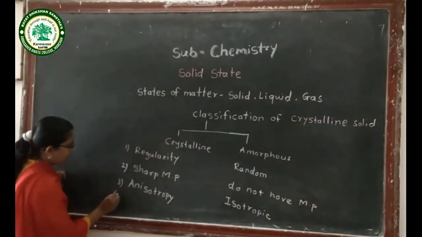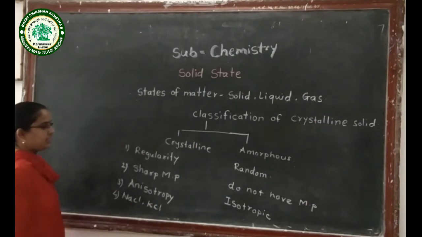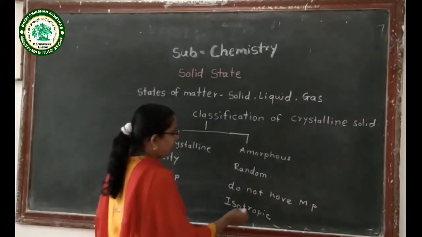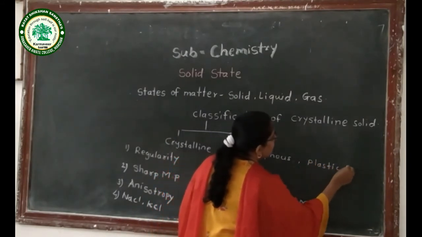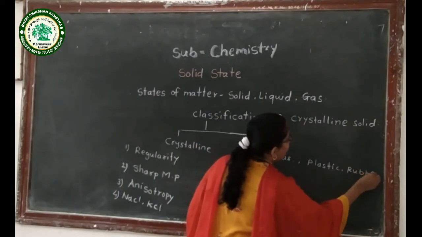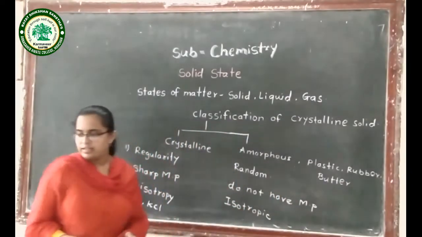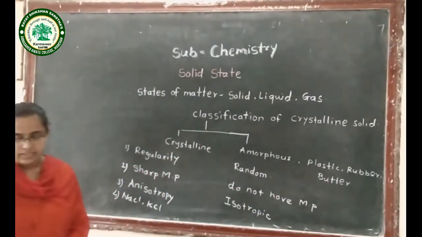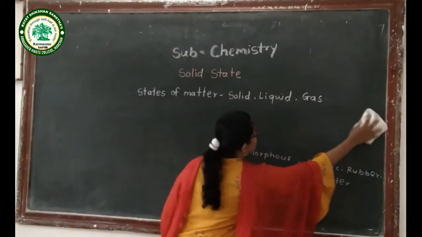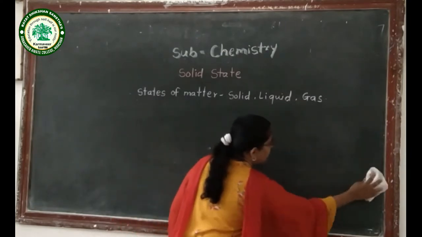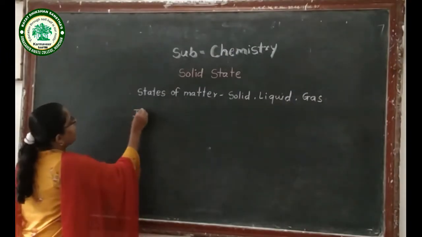Now, which are the examples of crystalline solid? Examples are sodium chloride crystal and potassium chloride crystal. And what are the examples of amorphous solid? Amorphous solids include plastic, rubber and butter. These are the examples of amorphous solid. Now, next point is similarities and dissimilarities of crystalline solids shown by two different properties, that is